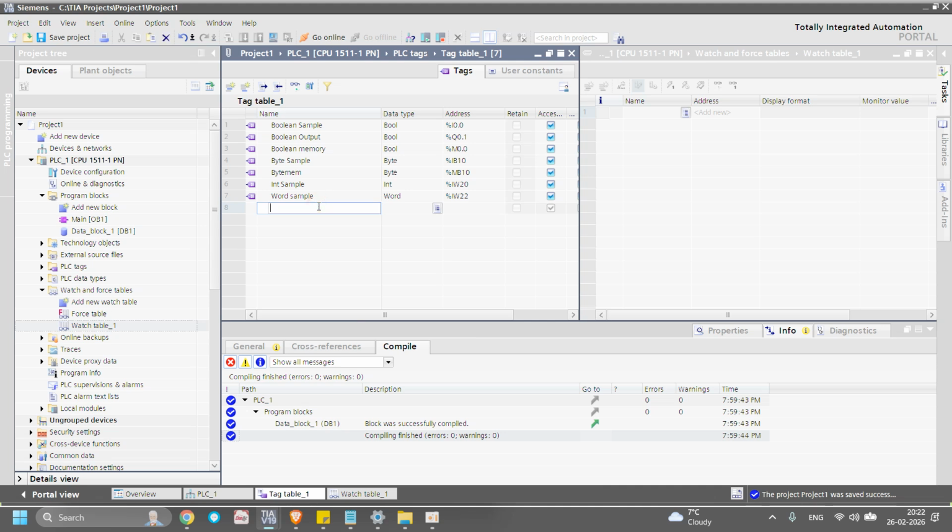Next, we'll go with the double integer, DINT. You see, it is giving error. For double integer you have to mention D, ID24. Same way we can go with double word. You see, now it worked. Next, as I said, real. You have to mention real. This is also 32 bits. Then we'll go for long real.